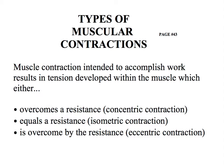The muscle can contract in different ways, and we're going to, during the next 5 minutes, discuss the three different ways in which a muscle can contract. So the muscle is going to do one of three things while it is working. It's either going to be strong enough to overcome the resistance, which is called a concentric contraction. It is going to be equal to the force that is on the muscle, equal to the resistance, and that's called an isometric contraction. Or the force of contraction is going to be overcome by the resistance, and that is